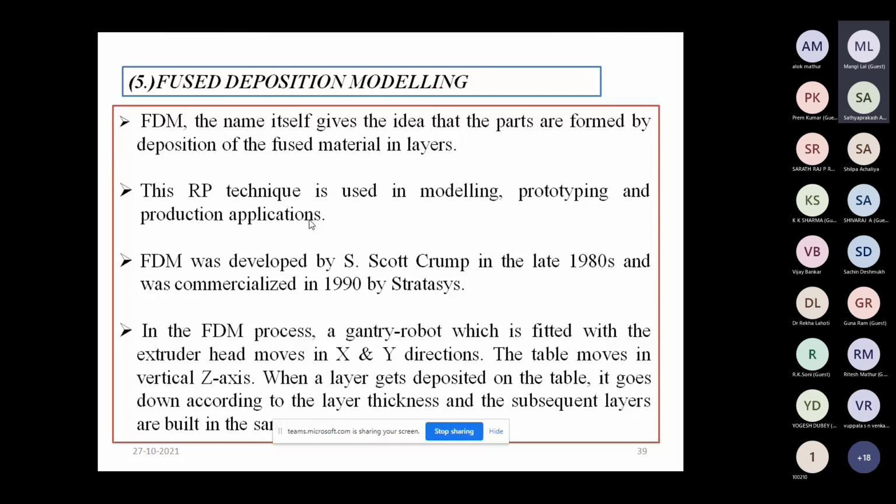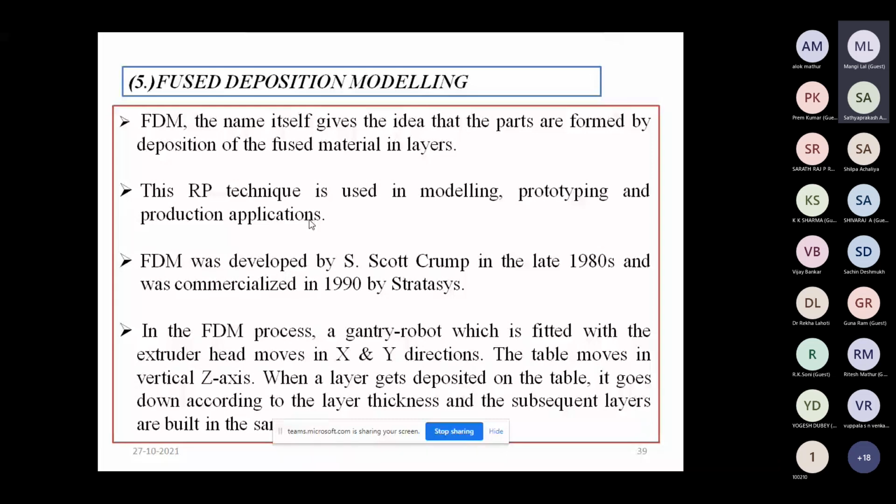In fused deposition modeling, obviously the raw material is in solid state in the form of filament, but when the deposition is done, it happens by the fusion of that solid material, and then after the deposition the solid state takes place again for the production of the final product. So FDM is used for modeling, prototype, and production applications.